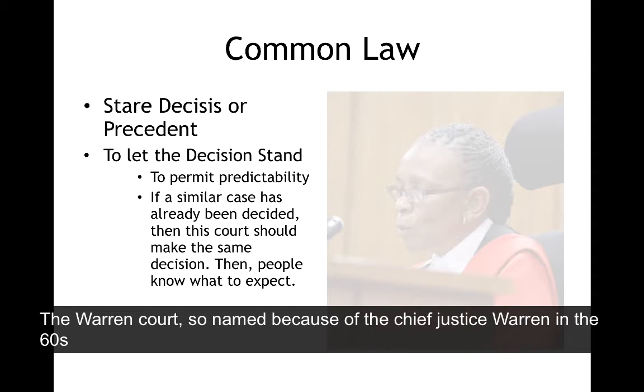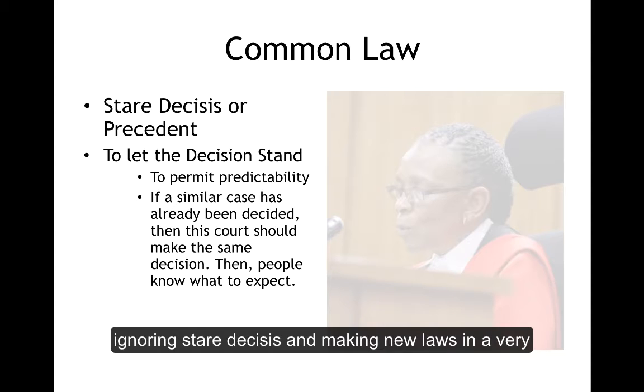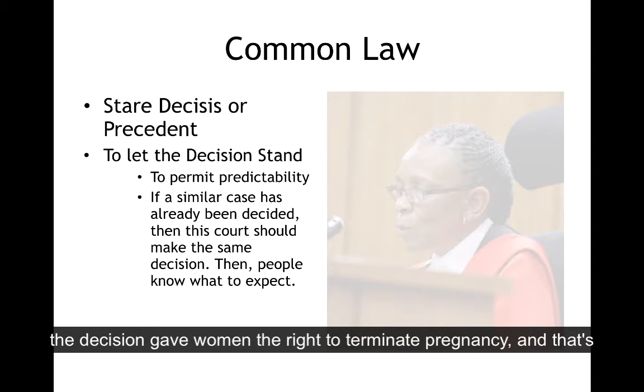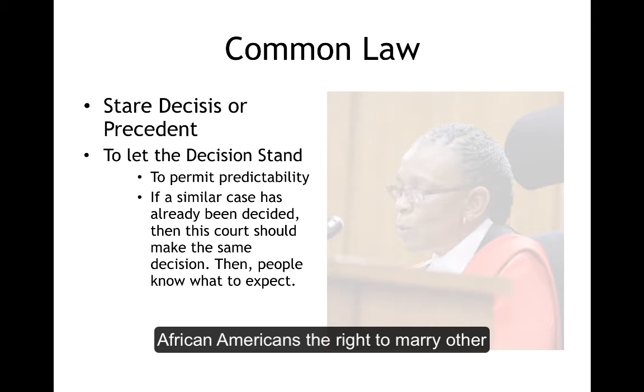The Warren Court, so named because of the Chief Justice Warren from the 60s and 70s, was an activist court changing existing law. In other words, ignoring stare decisis and making new laws in a very liberal manner. That's the court that gave us Roe versus Wade, the decision that gave women the right to terminate pregnancy. And that's the court that ended miscegenation, that is, the practice of denying African Americans the right to marry other